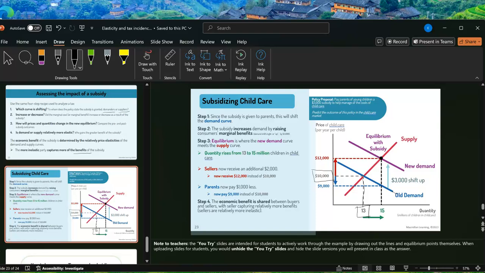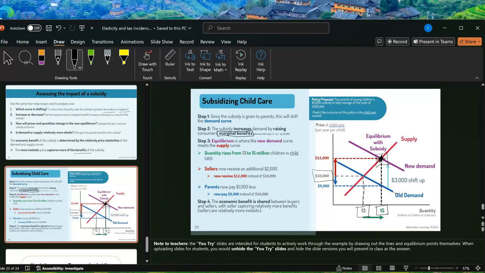Now the subsidy is going to increase the demand curve. That means the marginal benefits will shift to the right. We look at the new equilibrium, which is the intersection between the new demand curve and the original supply curve. Looks like the quantity demanded and supplied, or the equilibrium quantity, went up from 13 million to 15 million children,